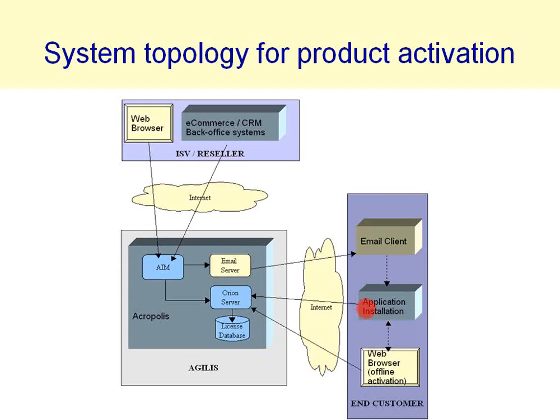So your application installer, as I said, this is a product activation scenario. In the connected scenario, if this user has a direct internet connection from their application, they're going to talk directly over the internet to the Orion server. If you're using SneakerNet, then they'd go via the web browser for the offline activation. And, of course, they'd have the email client for receiving the email that has the product serial number and the download information and so forth.